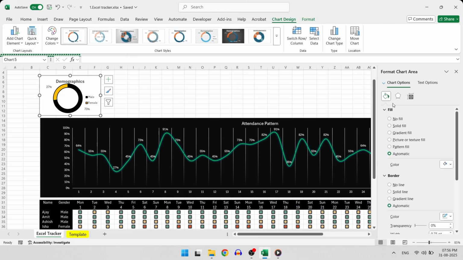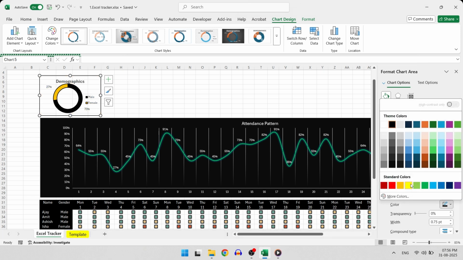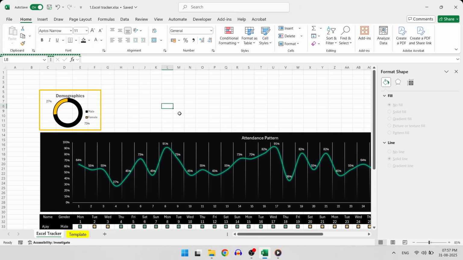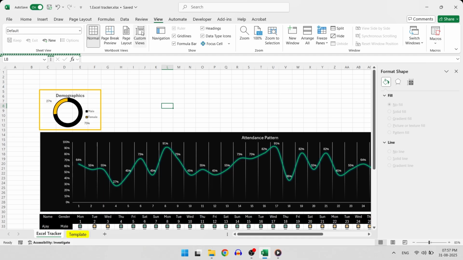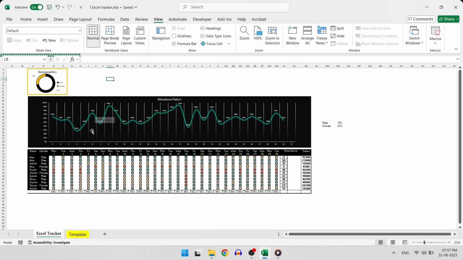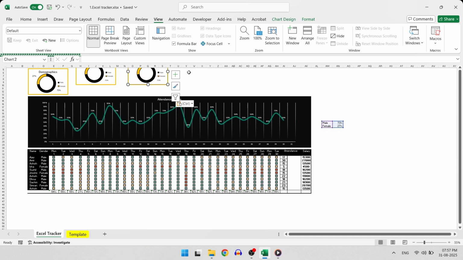Now select the chart area and fill it with a yellow outline and set the width to 3 point. Also, in the View tab, turn off the grid lines to make it look cleaner with a white background. So now I will just copy this chart and go to some other cell and paste it 5 times. So it has pasted the same KPI chart 5 times.